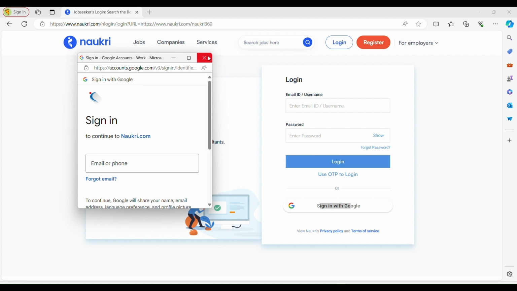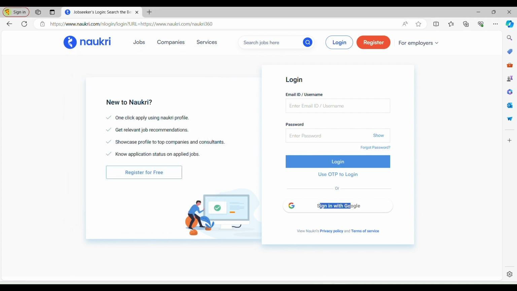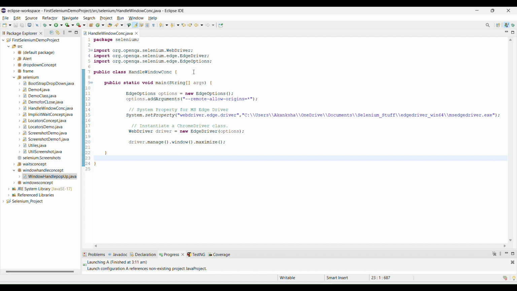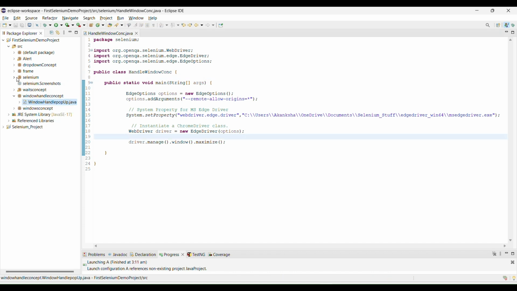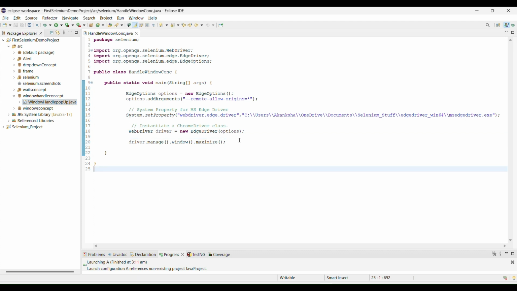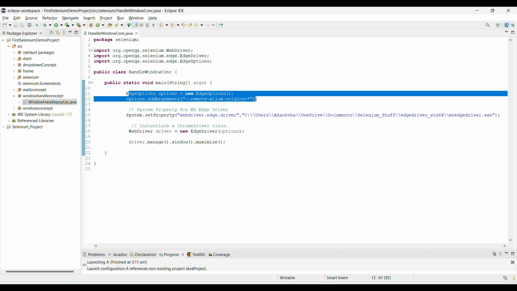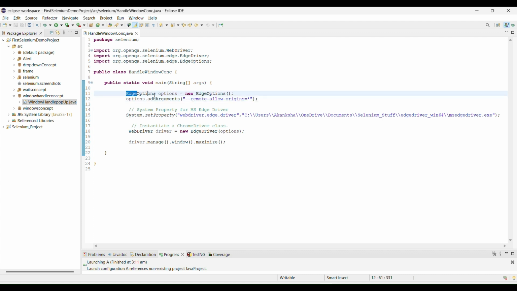Okay, so let's close this, and I just created one class here. Under this I initialized the common properties, like the Edge options and the system property I am declaring here. Then I am doing the WebDriver initialization, and after that we are maximizing the window.